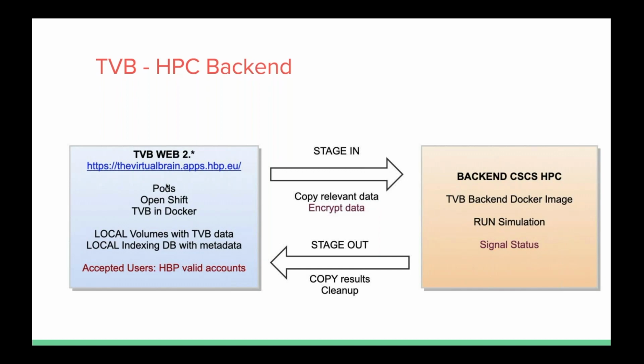So we have the blue box on the left, which is the web application that you already saw, with OpenShift, with a Docker container, which is then executed, a local storage and the local index DB, plus the HBP IAM accounts, which can log in. Then at the point of scheduling an operation, we developed for this particular deployment, but okay, for this use case,